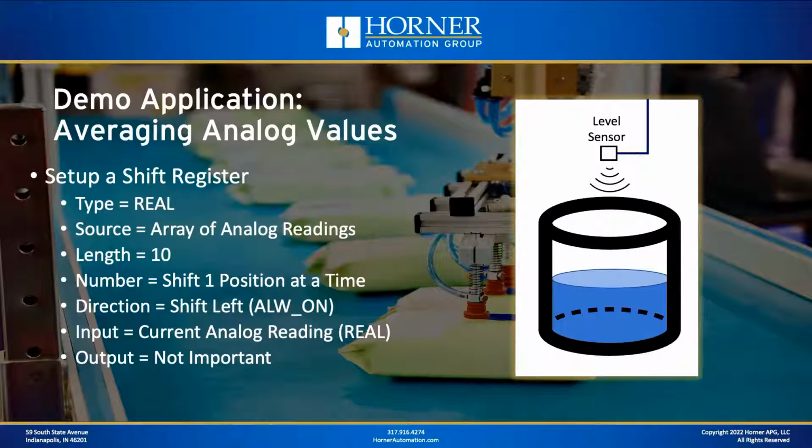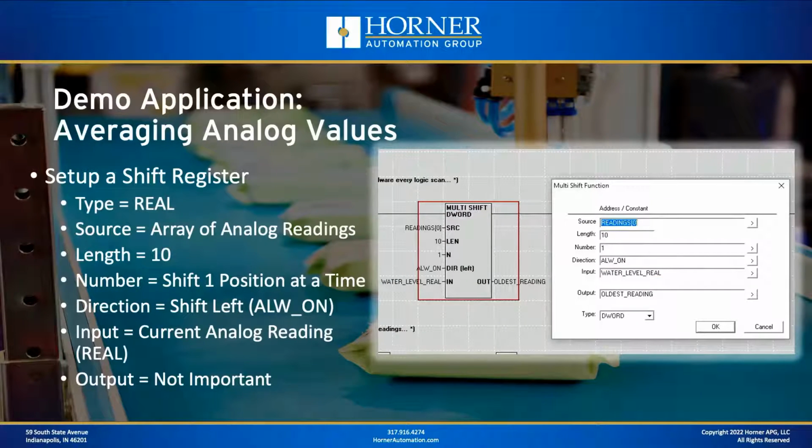All right, we're going to shift it to the left, which means we're shifting it from lower numbered member of our variable array to the higher numbered member. And then in this case, the output that falls off the end of the array isn't all that important. We're only worried about the last 10 values, and that output variable is going to contain the 11th value. So we're going to ignore that one. Okay, it's not really important. We still have to configure it, but it's not something we're going to be concerned with,